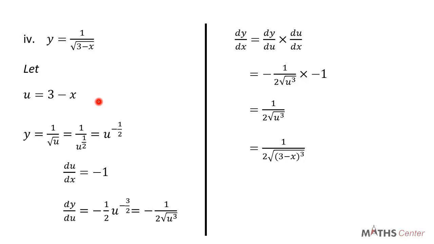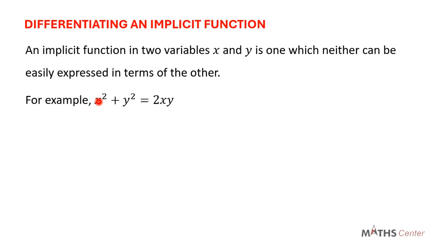We are now going to learn how to differentiate implicit functions. We will learn what implicit functions are and how to differentiate it. Differentiating an implicit function. First, let's consider what an implicit function is. An implicit function in two variables x and y is one in which neither can be easily expressed in terms